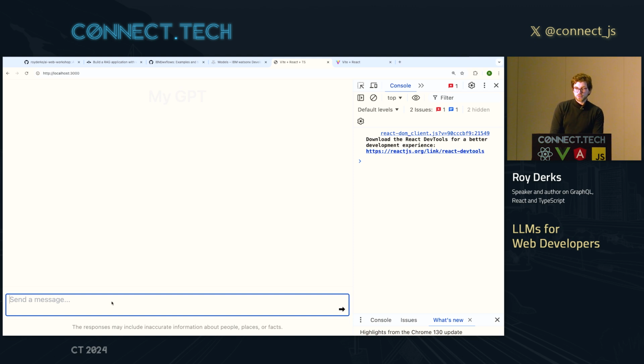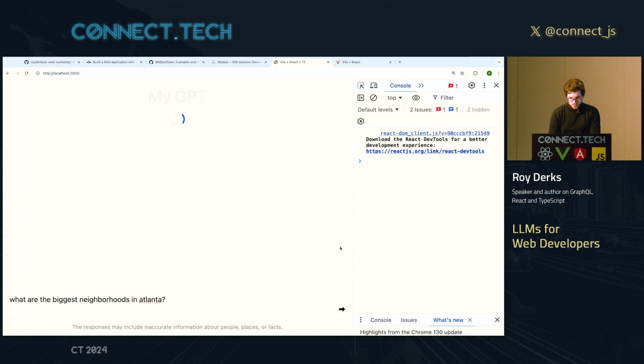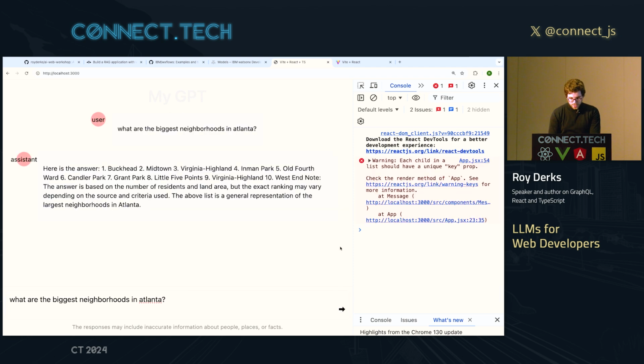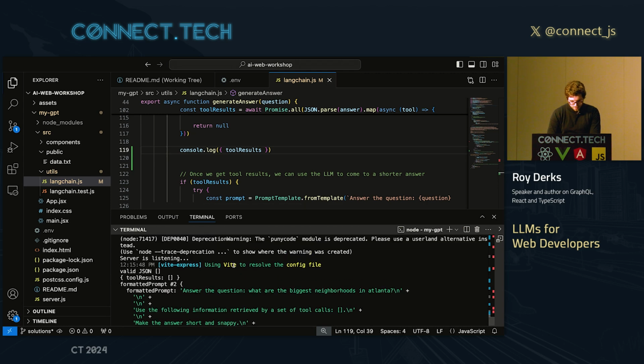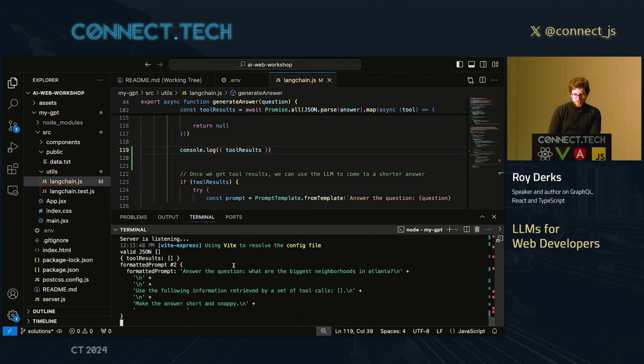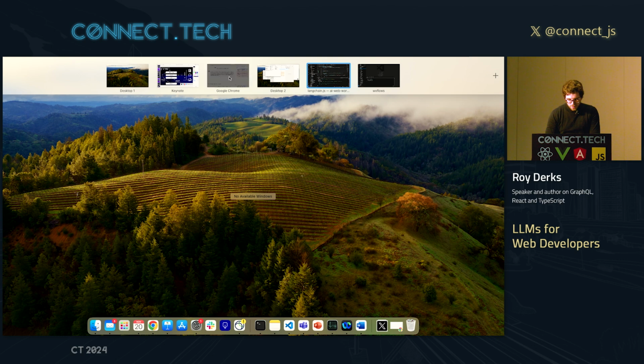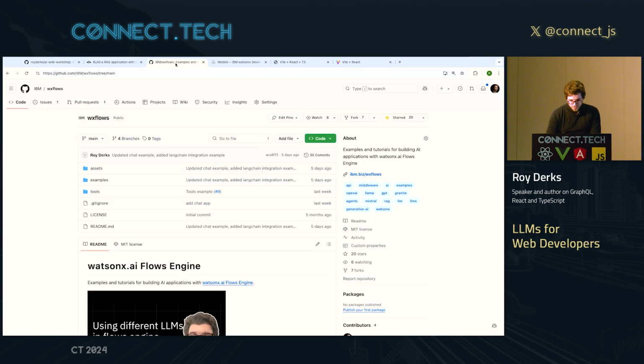I could use Langsmith for tracing, yeah. Yeah, it's really useful for tracing indeed. So let me try again. So what are the biggest neighborhoods in Atlanta? And then we probably get a similar answer, but now let's see if it's been using my tools. Well, it hasn't, but before I'm going to debug with all of you here, I have all of this in